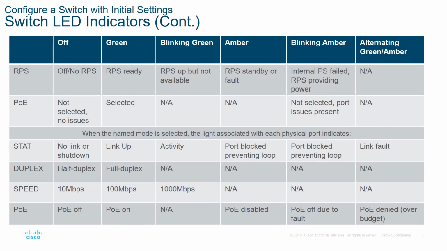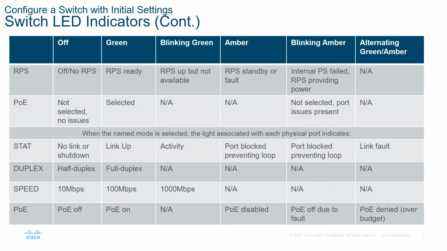In Cisco switches, LED lights indicate the status of different operations. The status of each operation is represented by using different colors. Say for example, green, blinking green, amber and blinking amber. These are all the different LED light colors used to represent the status of different operations. If you look at this table, you can easily understand the status of each operation by using the